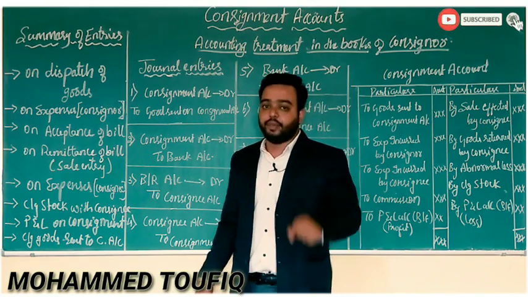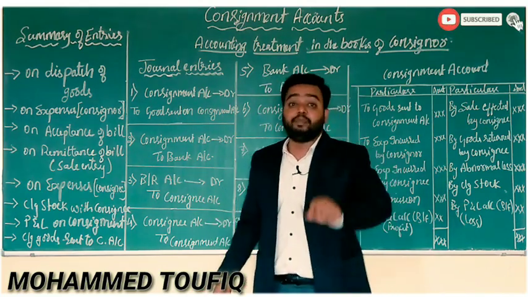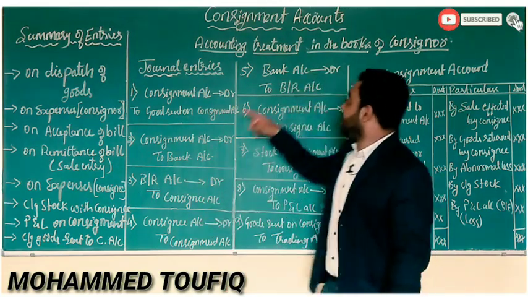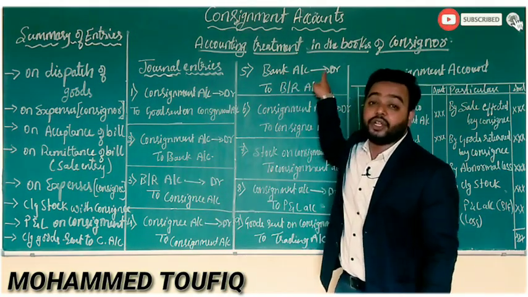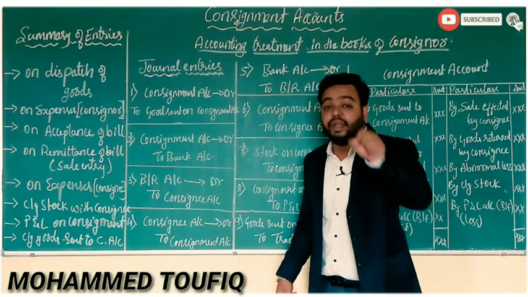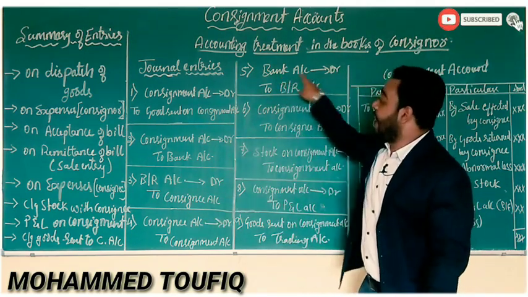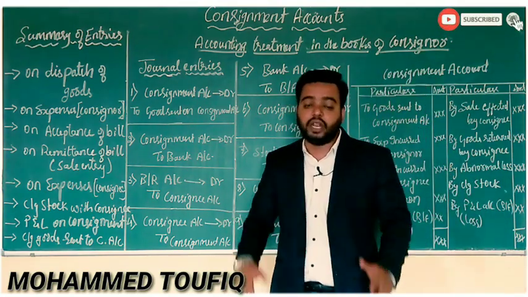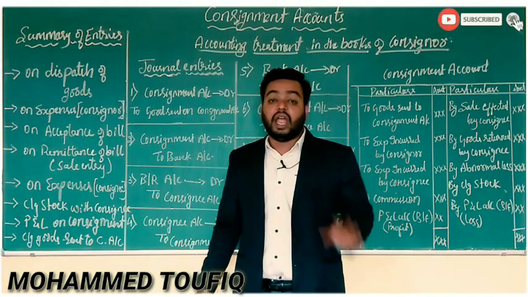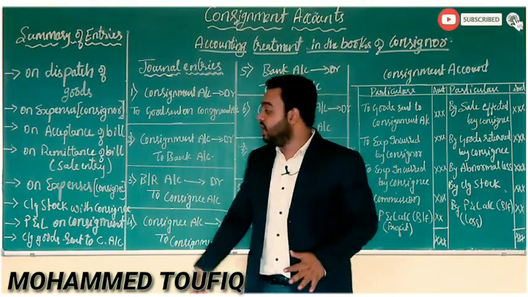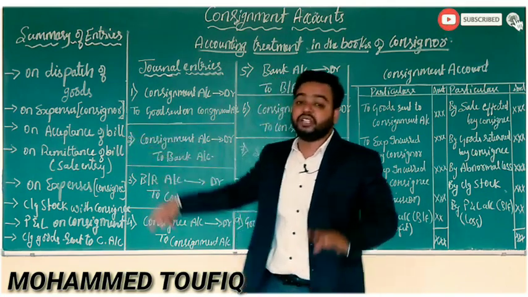If there is a bill made, after this, if that bill is remitted, then the entry will be bank account debit to bills receivable account. If there is no bill, no worries. And next, the sale made. In these 3 general entries, that is remittance, acceptance and sale entry, I am telling you.